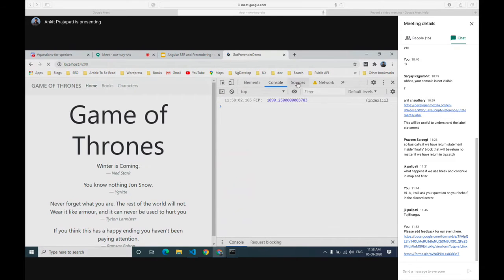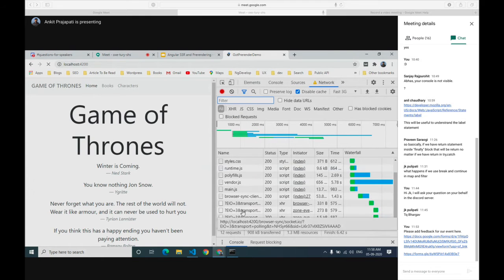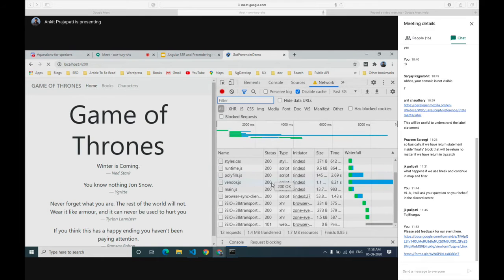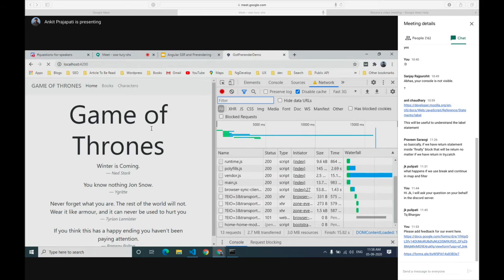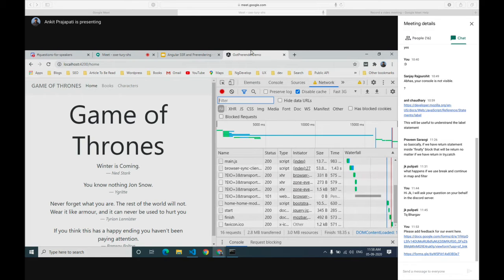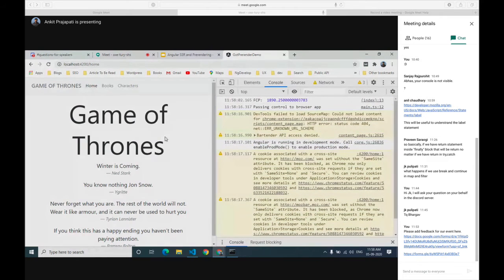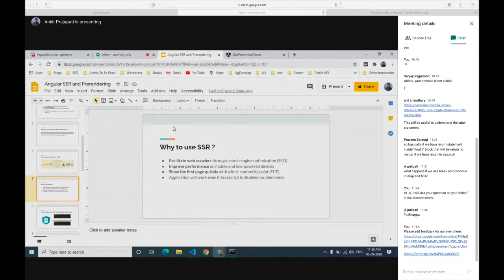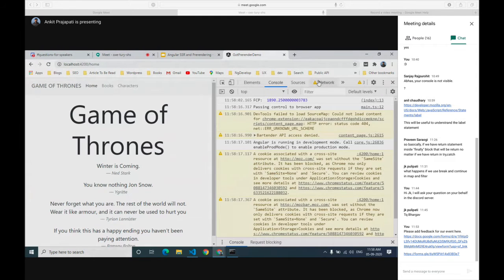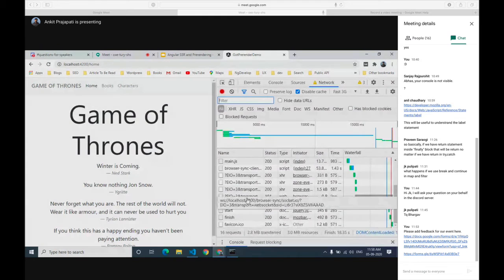You can see here how fast it got loaded, and still my JS files are getting loaded. They are not available till now, even though my content got loaded properly, so that gives a better user experience. Even though my JavaScript files are still loading, my user does not feel that the application is not working properly, and he will not move to another page. So this gives this advantage. So we have checked that it facilitates crawlers and how it improves the performance, and once all the files are loaded, it passes the control to our